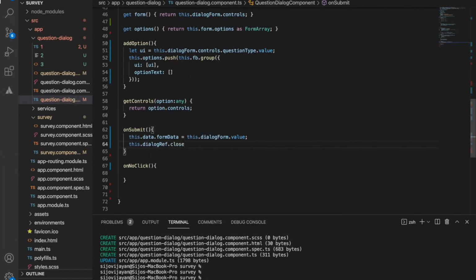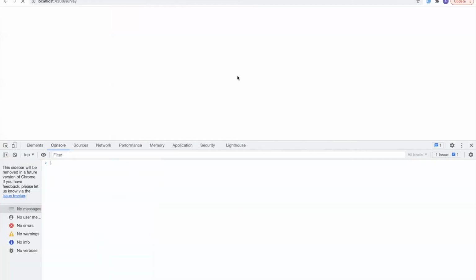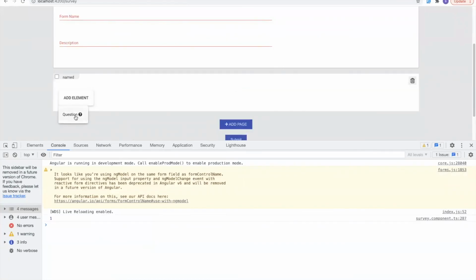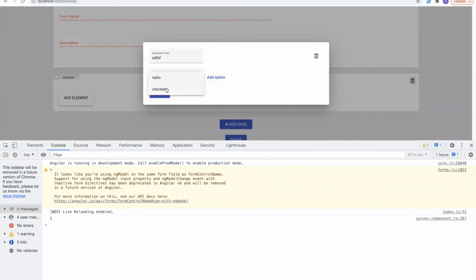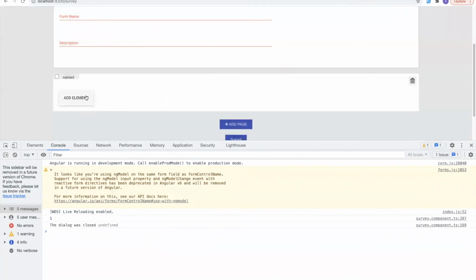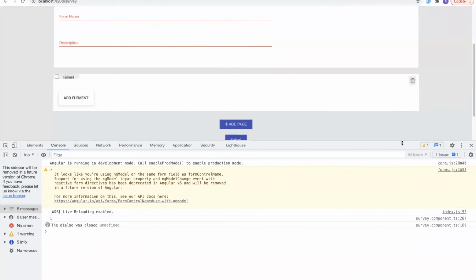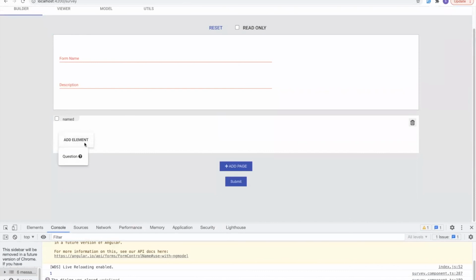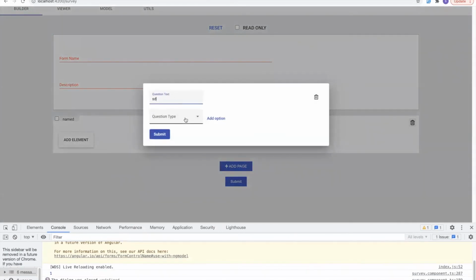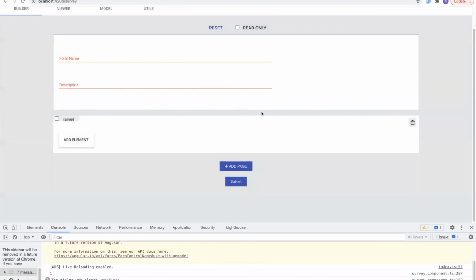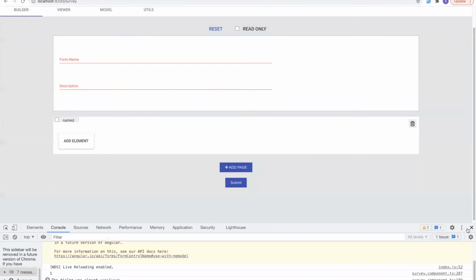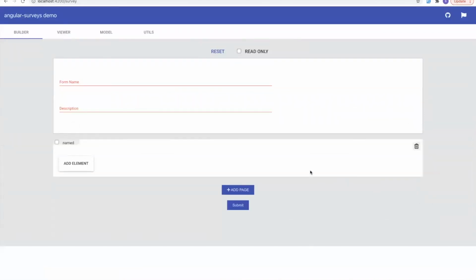Dialog ref dot close. There's a method called close. Dialog result. Now I'm not going to pass anything here. Now let's see with a simple option like this. Okay, something went wrong. Maybe I just need to adjust the view.